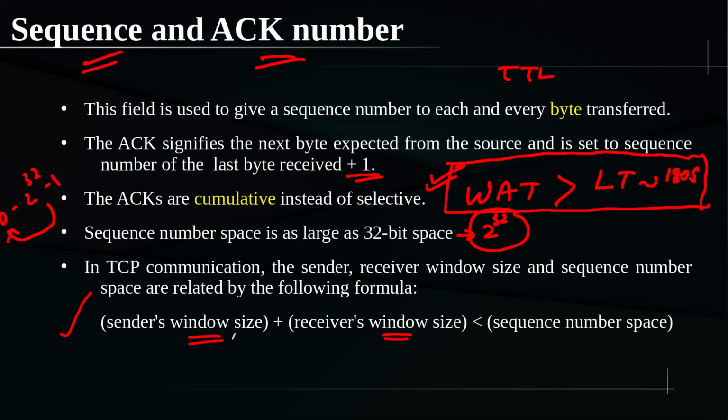And the window size concept, you know everything. Without waiting for acknowledgement, the maximum amount of data the sender can send is what we call the sender window size. Similarly, the receiver window is the remaining buffer capacity of the receiver. That is communicated in the window field also, right? In the TCP header we saw that window field. Anyway, we will see them. Hope you remember this formula, something we discussed in data link layer flow control. The same reasoning applies for this formula, and we already saw the reason with an example.